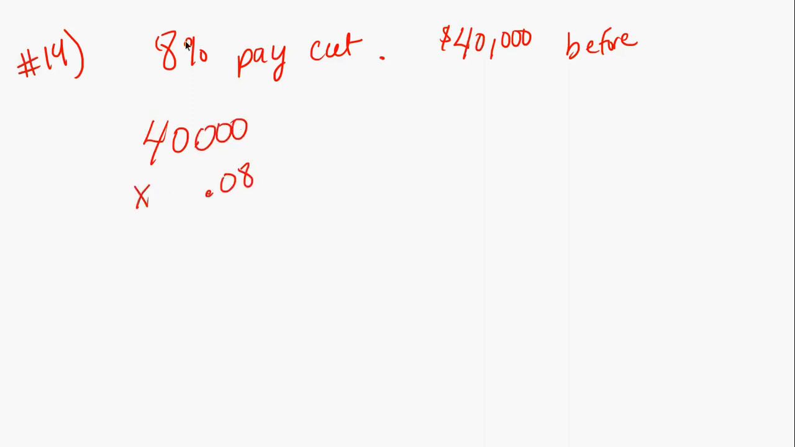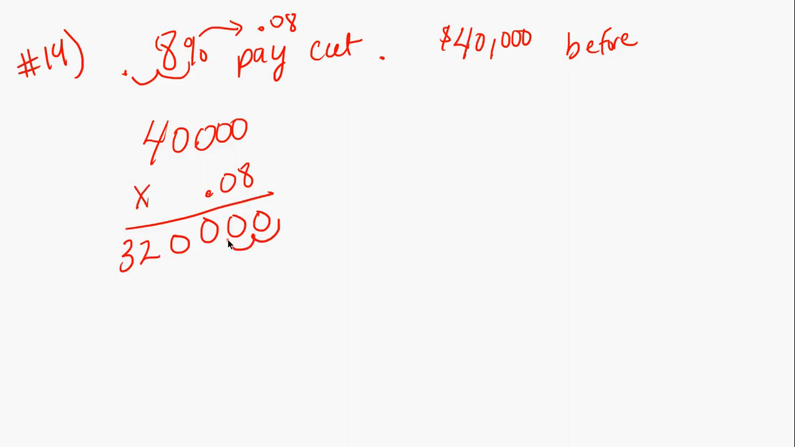times 0.08. Remember, 8% is the same as moving the decimals 2 places to the left. 0.08. 8 times 0 is 0. 8 times 0, that's 0. 0, 0. 8 times 4 gives us 32. Now we're going to move the decimal point over 1, 2 places, and that gives us $3,200. So to find the new salary, we have 40,000 minus